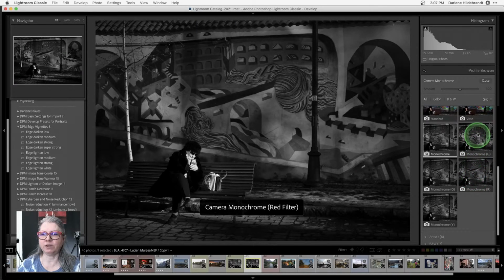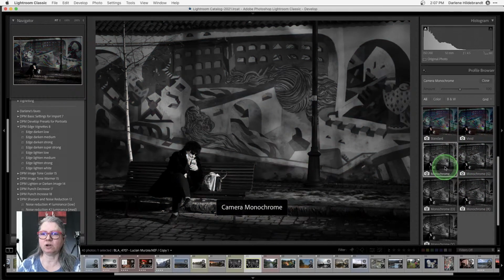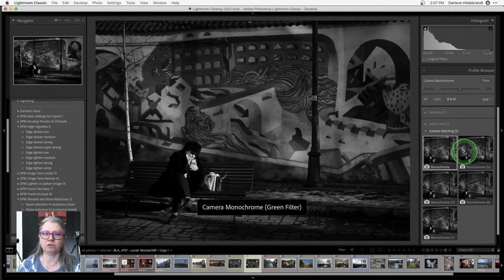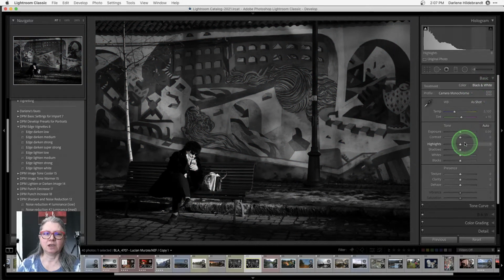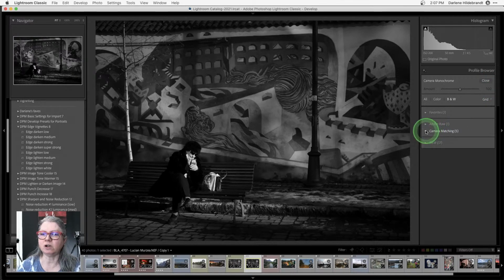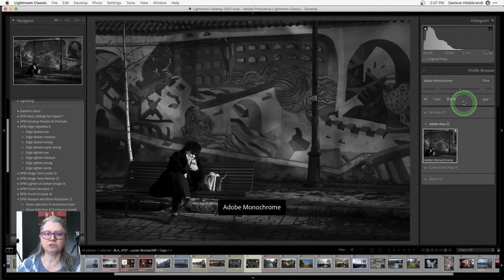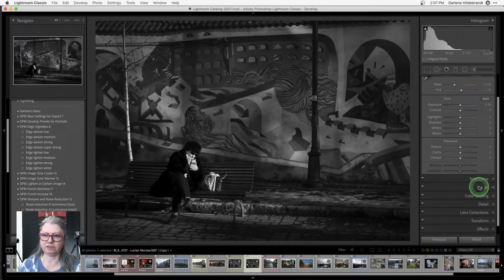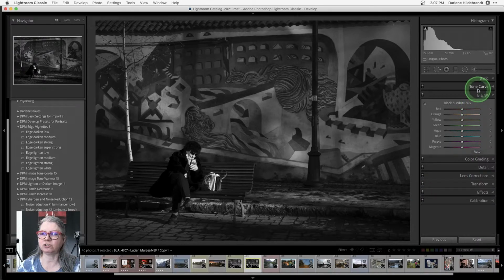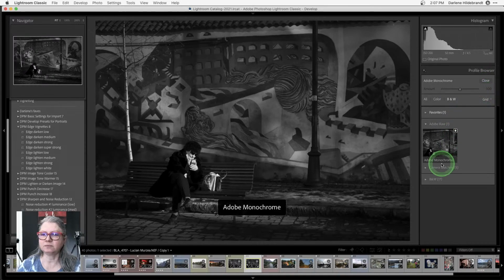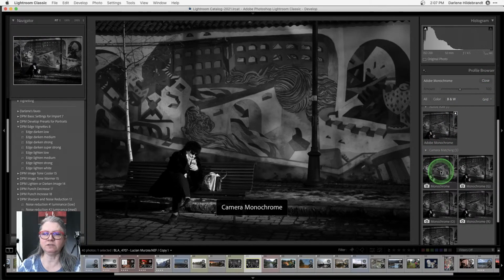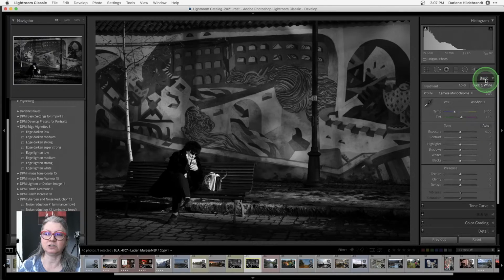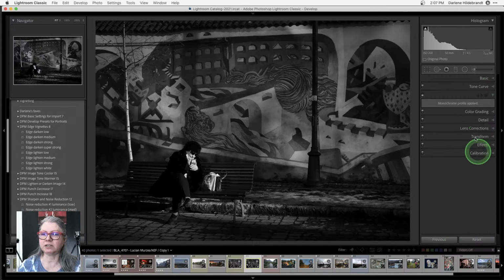Based on what the original looks like, I'm going to just choose a basic monochrome for now, okay? And then we're going to go down, oops, I need to choose the Adobe RAW one, I think. Okay, so I'm going to choose the Adobe RAW monochrome because I want to have this panel active. You see when I chose the camera matching one, it obviously removes all of the color data, and that's not what you want because I can't edit the colors or the tones.